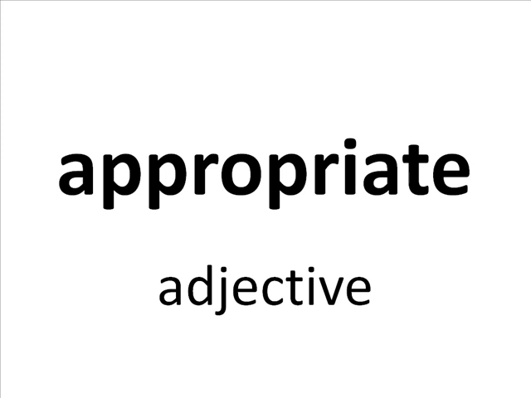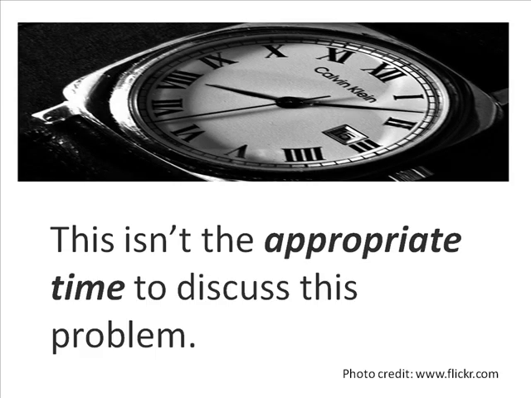Well, I think something that is appropriate is suitable or acceptable for a particular situation. You're right. If something is appropriate, it's correct or suitable for a particular time, situation, or purpose. How about if I give you example sentences? But please, do not hesitate to correct me if I'm wrong. Sure, go ahead. So here is an example sentence. This isn't the appropriate time to discuss the problem. Is it right? Yes, I think you mean to say that it's not a good or suitable time to talk about this problem, whatever the problem might be.